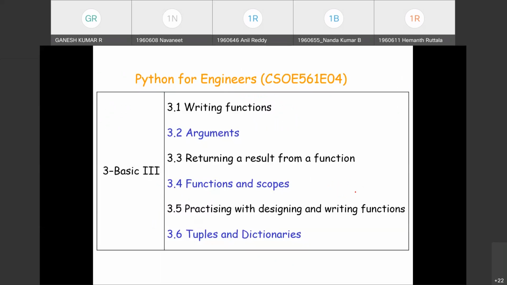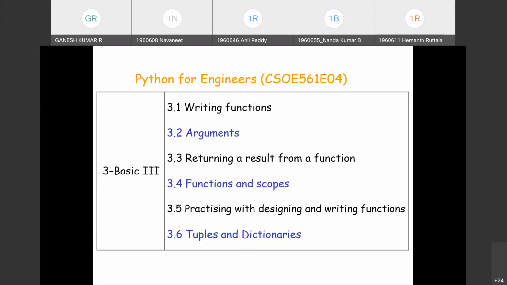Having discussed module 1 and module 2, now we are moving on to module 3, the third unit. In this unit, we have deliberations on functions. So functions are introduced, and we have the concept of arguments, how to define the arguments in programming statements, returning a result from the function, a function with arguments, without arguments, its scope, simple exercises, and the extension